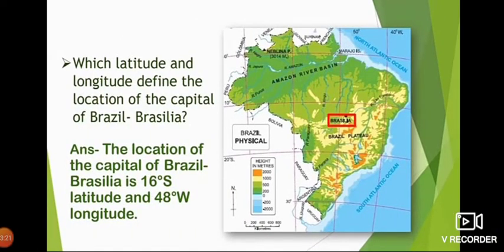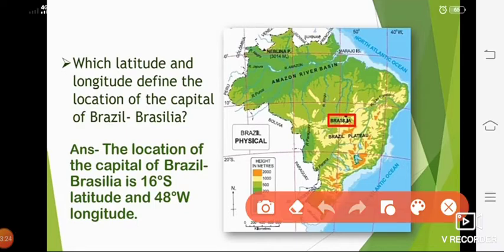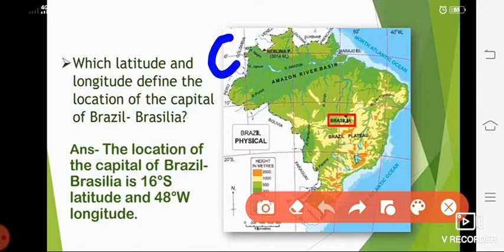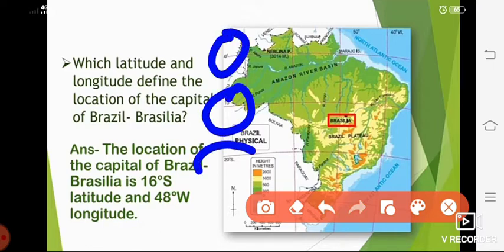Now we will explain its latitudinal and longitudinal extent. See here, Brasilia, I'll use an arrow, is in this way here. So this will be its latitudinal extent. Okay, is it below 10? See, I'll show you once again. Is it below 10 degree? Now it is south. We have learned that most of the part of Brazil is in the south. So here you can see 10 degree, 0 degree, 10 degree, 20 degree south. Now we are just looking at the southern part.